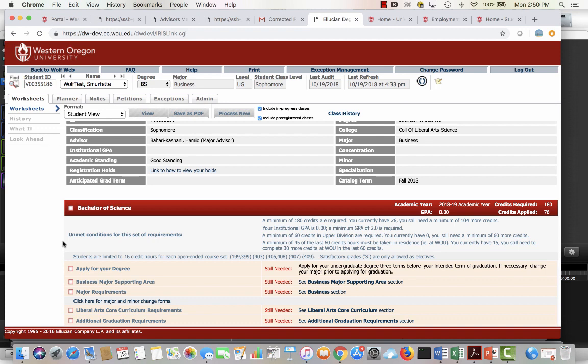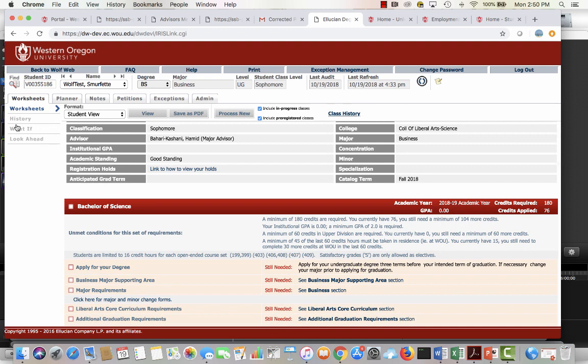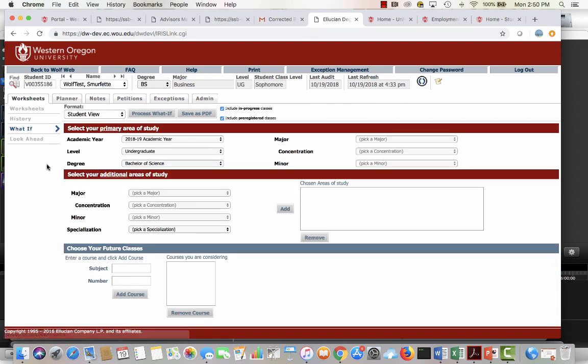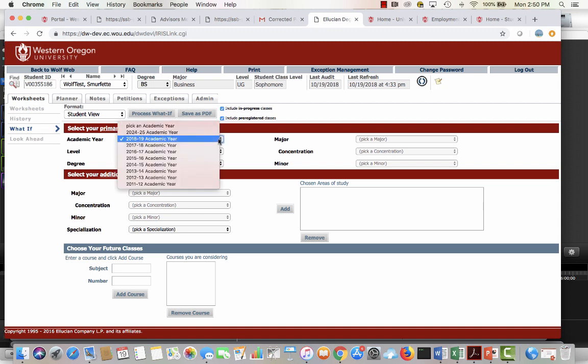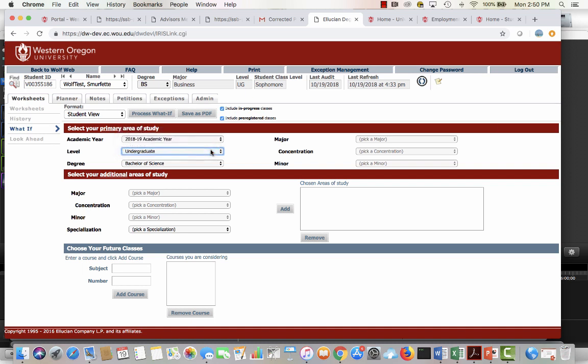The other feature of DegreeWorks degree tracks that I use fairly regularly is over on the left-hand side. There's this what if option. This is really helpful if a student is not 100% sure if the major they're currently in is the right fit, or if they want to add a minor, and this allows them to add whatever changes they would want to make and see what their worksheet would look like under the new requirements. Now in this test environment, it doesn't let us pick the major or minor, but what you would typically do, and the student is able to do this as well, so usually I'll just show them how to do it and then allow them to go and do it themselves, is under the select additional areas of under the primary,